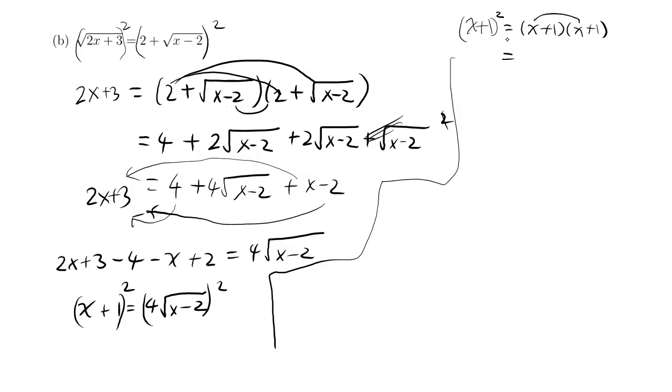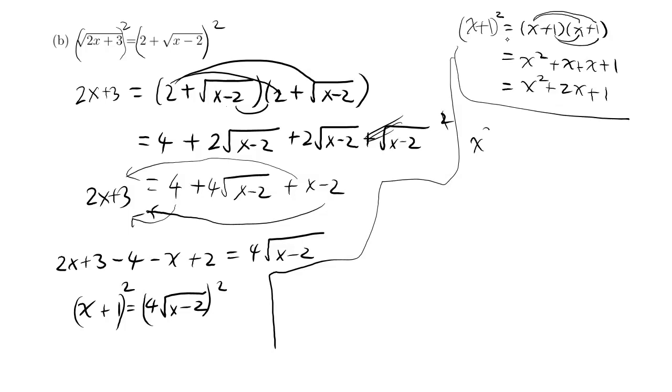And that's x times x, which is x squared. x times 1, which is x. 1 times x, which is x. 1 times 1, which is 1. So it's x squared plus 2x plus 1. That's a little messy. Using this, we can rewrite the left side as x squared plus 2x plus 1 equals